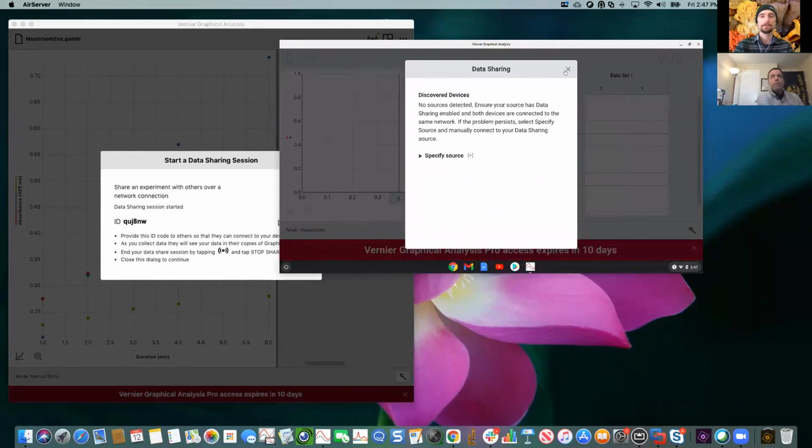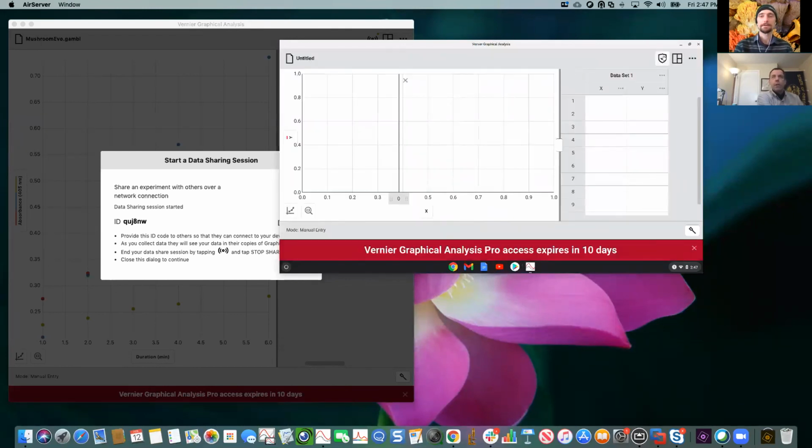Oh, wait, there we go. I have to put in the code again. Sorry, I have to remember, you're going to have to do this too. There's the code, the GA license code to submit. It's 3, capital O, lowercase l, lowercase I, capital E, capital X, capital N, DV. And then if I submit, now I'm in GA Pro.